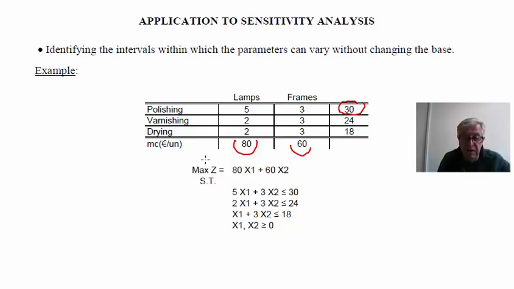So we have here the problem formulated in terms of linear programming. The objective function is, of course, the total contribution margin, which we want to maximize, and we have the three restrictions related to the availability of the resources, that is, what we are going to use cannot exceed what is available. And of course we have the variables x1 and x2, which are the quantities of lamps and the quantities of frames respectively. They must be positive.